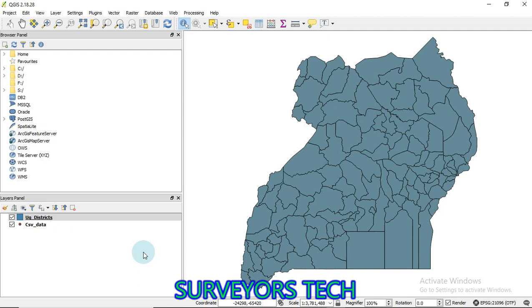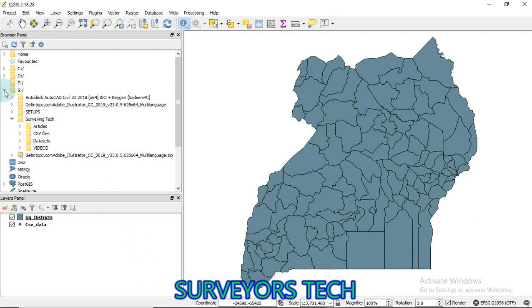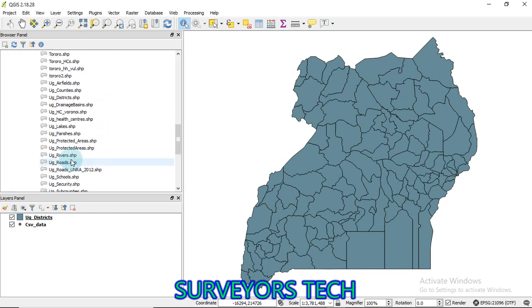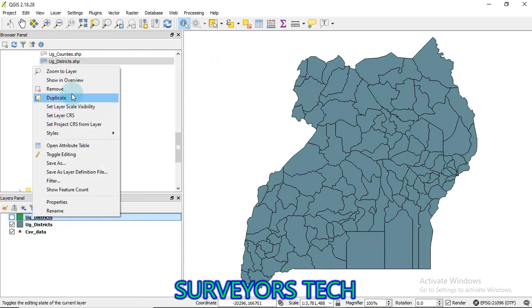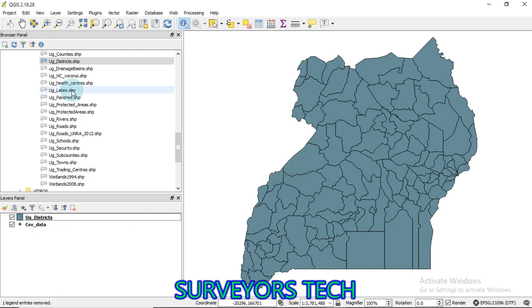So now let's add linear data. You remember, you can also add this kind of data from the browser panel, where you go to data sets, go to vector data, then look for the district, which is UG districts, which is here. You can add it also, which is the same thing. So there are various ways you can use to kill a rat. So let's remove that.